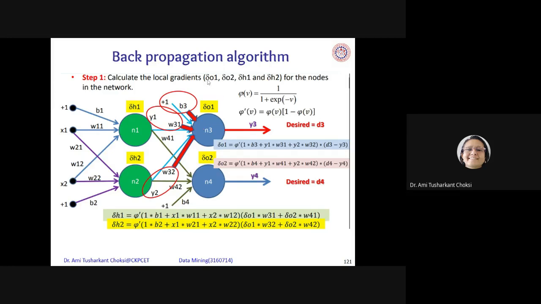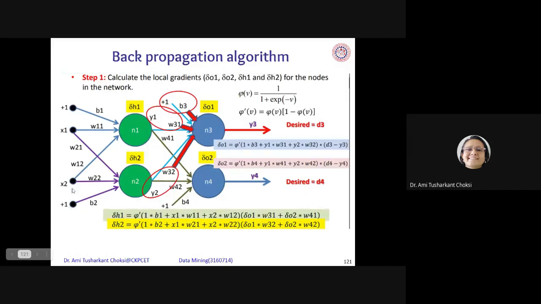That is, we can say for the output layer, what is the correction? Say output 1 and output 2 are here for this particular figure. So we are considering delta O1 and delta O2, delta H1 at the hidden layer, that is here, and delta H2, that is here. Now see, what we have considered in this is that we have inputs, say bias B1, X1, X2 and bias B2. Fine. Now weight 1, that is W11, weight 2, that is W22.